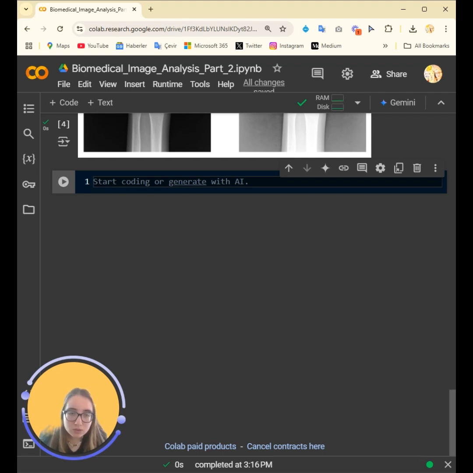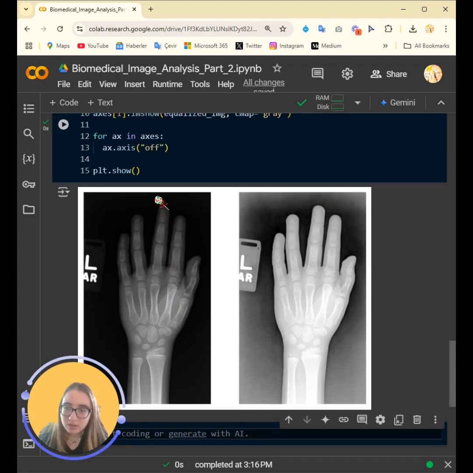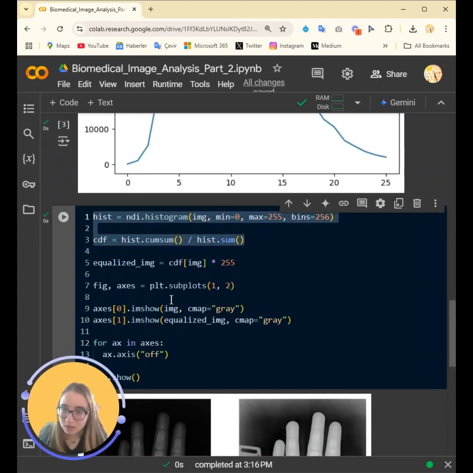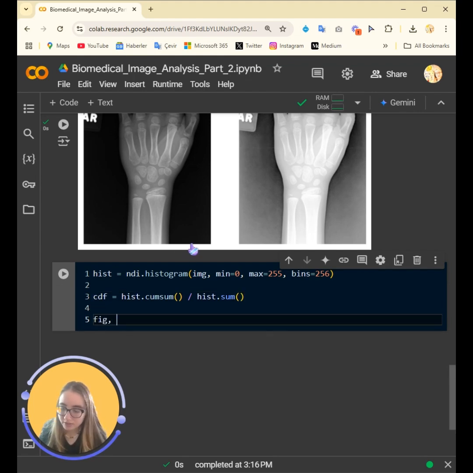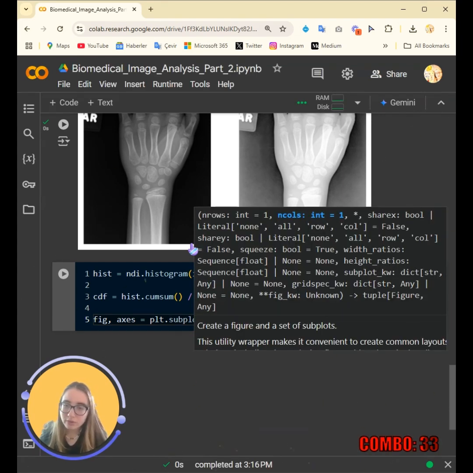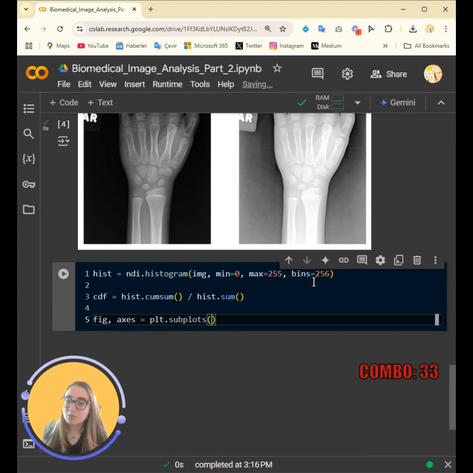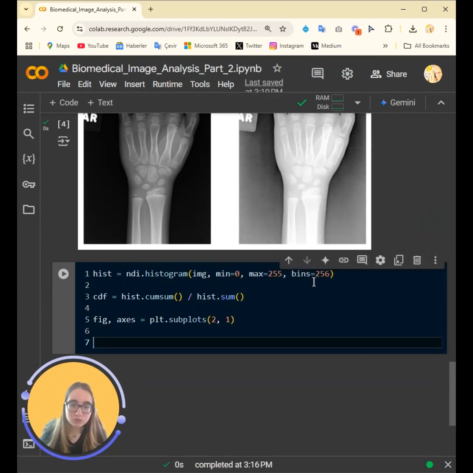After that, I'll also show you the CDF plot. Let me copy paste this, and the remaining is easy. Just make two subplots again. Subplots 1, 2. No, not 1, 2 this time, because the plots are stacked like this, so it should be 2, 1. I'll have 2 rows.